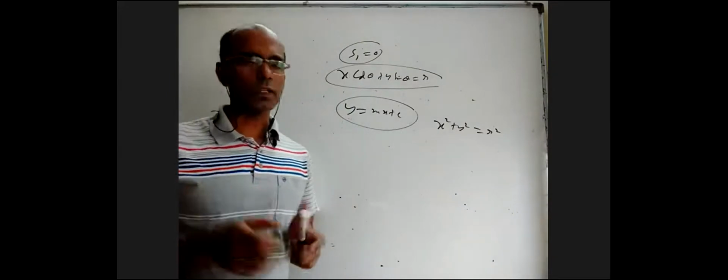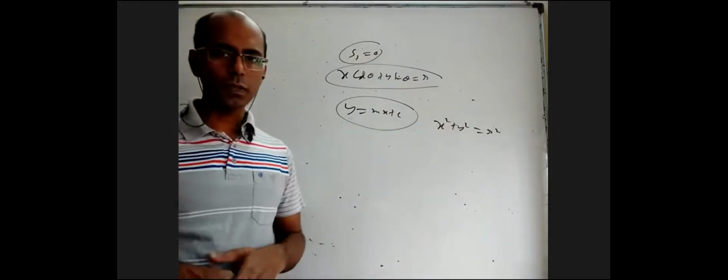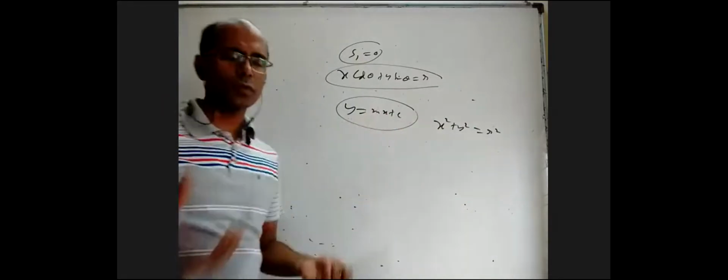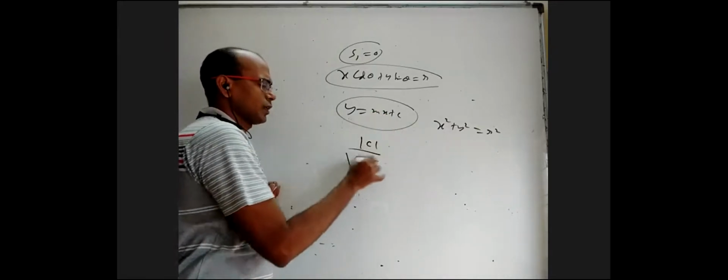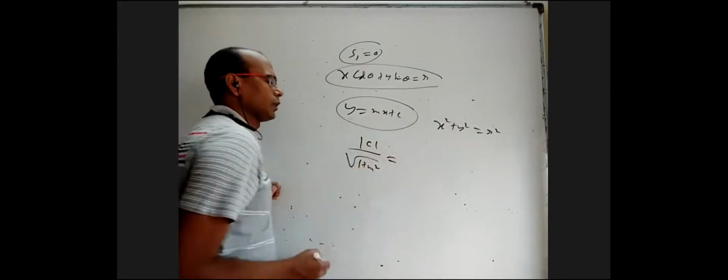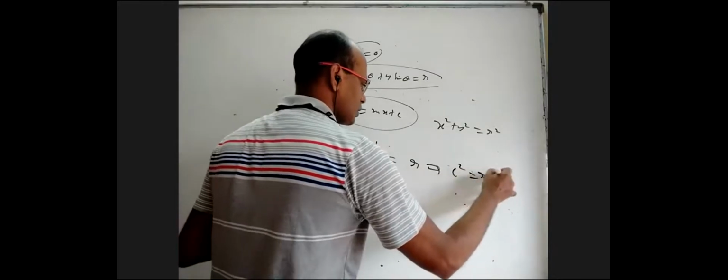For all conic sections, to derive the condition for a line to be tangent, in place of y you substitute mx plus c, expand, and get a quadratic equation. For that, the roots should be equal. But for a circle it is easier, because if the perpendicular distance from the center equals the radius, it is tangent. From the origin, the distance is mod c by root 1 plus m square. That should be the radius r. So the condition, if you square it, is c square equal to r square into 1 plus m square.